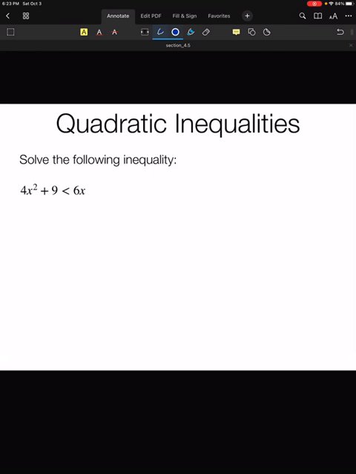So we first have to get everything on the left side. So we get 4x squared minus 6x plus 9 is less than 0. Okay. Now, 4x squared minus 6x plus 9